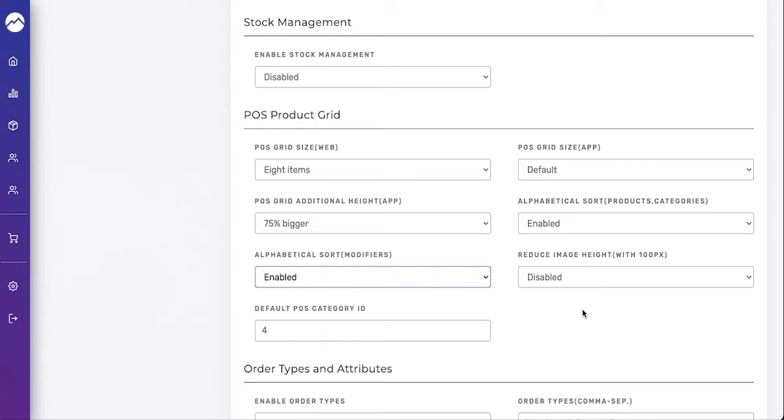Reduce image height. If you have images assigned to products, this will make those images smaller within each product within the POS grid, which is useful if you have products with longer names. Default POS category ID, there is an ID number associated with each product and category. So if you want the POS screen to default to a specific category, you can enter that ID number in